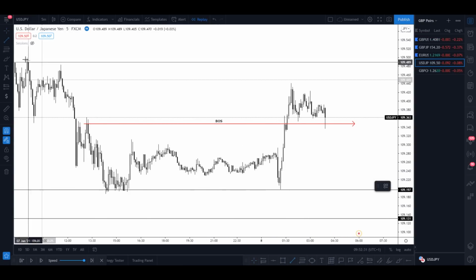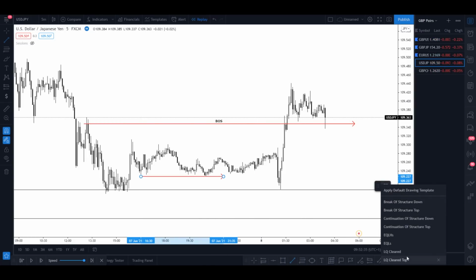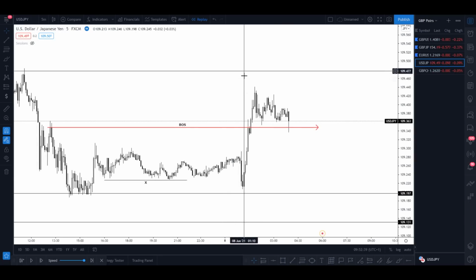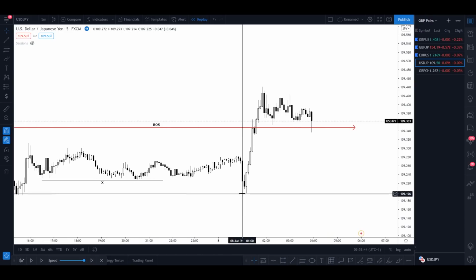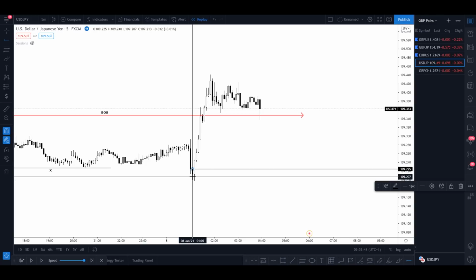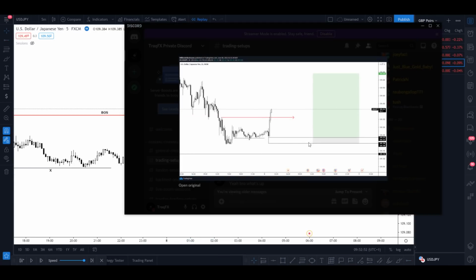Now look at this. Once again, we cleared liquidity right here. Price ends up taking out a bunch of stop losses below. We hit those stop losses, market grabs it with this move right here, and then price moves up and breaks structure. Now we're focusing on the institutional candle. That was the cause that made your impulsive move up, and in this case it would be this institutional candle right here. Now you can see this is my exact entry,